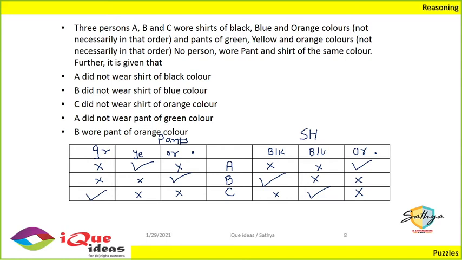So whenever I put a tick, I cross out the entire row and column. Whenever we know that there is a one-on-one relationship between two entities in a grid, whenever you put a tick in any cell, make sure you cross out the entire row and column. That's where, if you fill in the table very systematically, by the time you finish reading the clues, you might as well have solved the entire puzzle.